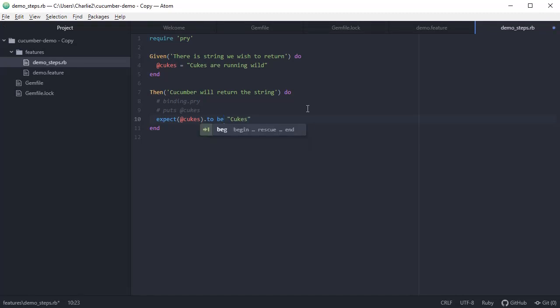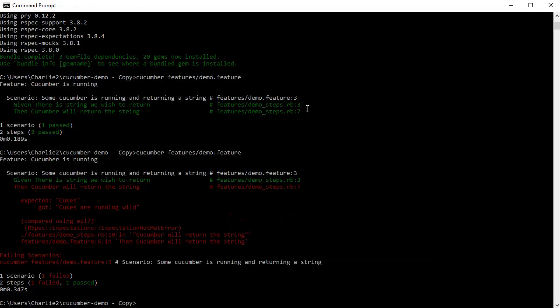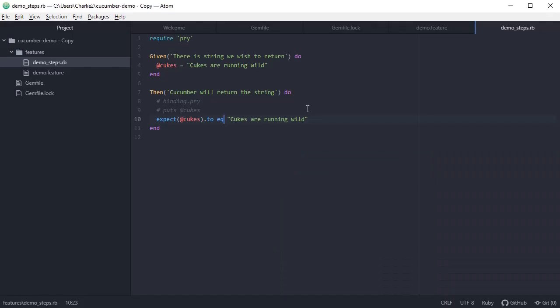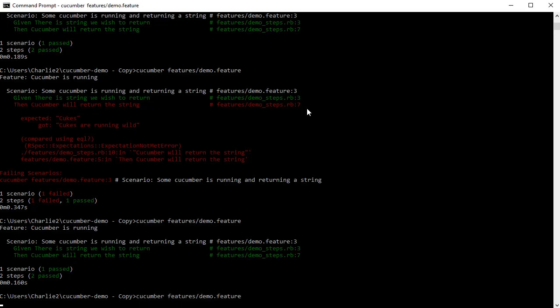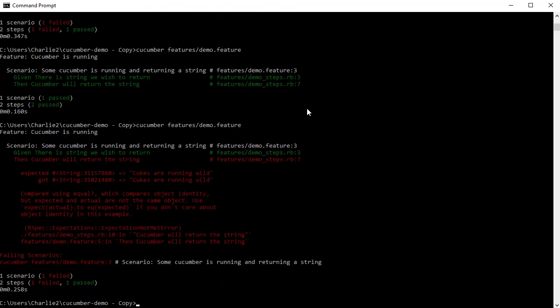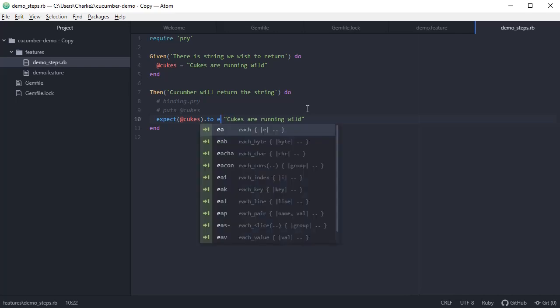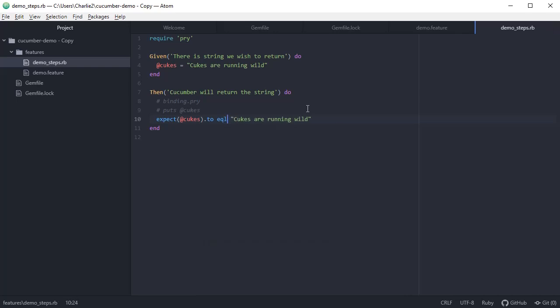To-be works kind of like equals. The only difference is it actually compares objects, meaning it will check the actual object ID and not just equality. So this string right here, which passed just fine using equal, will not pass if we use to-be because they're not the same object. They are both two different strings. In this way, it seems like we wouldn't be able to put a custom matcher for this using the to-be,